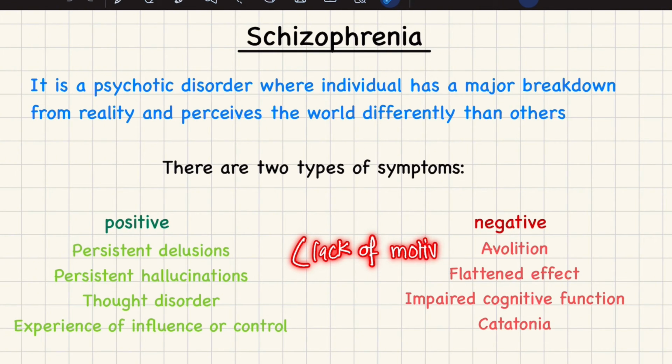This is also a symptom of depression. Lack of motivation means, for example, you want to study, but there's nothing pushing you to do it. You don't want to do it, even though you know it's important, but there's nothing really pushing you or letting you know how important it is. So that is the lack of motivation. It can be lack of motivation to do a task or anything. So schizophrenic people have the lack of motivation.